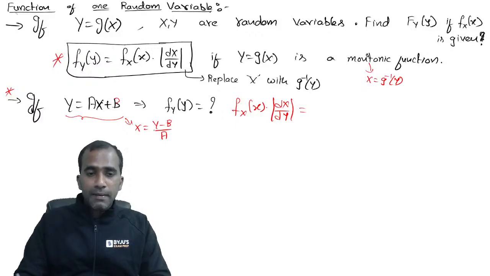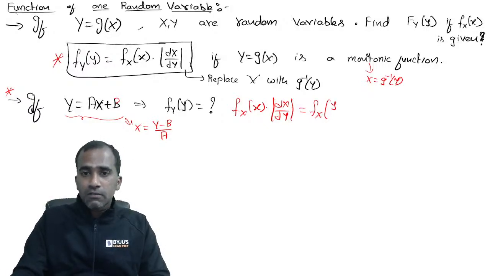y minus b by a is the inverse function. So in place of x, just substitute the function of y. f_X of, in place of x, substitute y minus b divided by a, multiplied by d by dy of, in place of x, substitute y minus b by a,